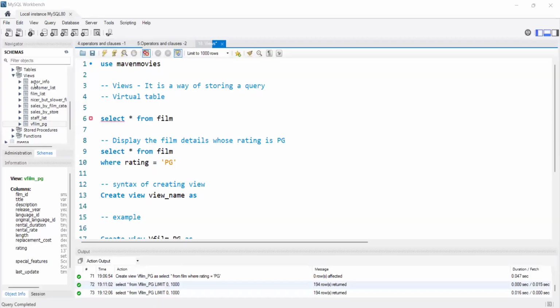At that time we may worry that if they make any changes, our complete database will be affected, right? So if we have to give access to our data to some other persons, not within our team,